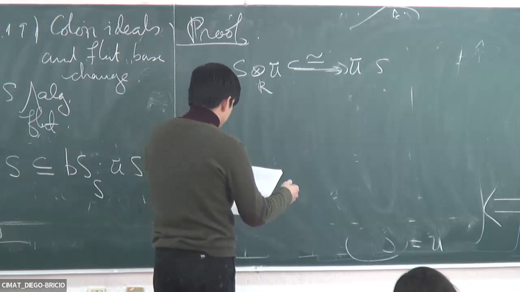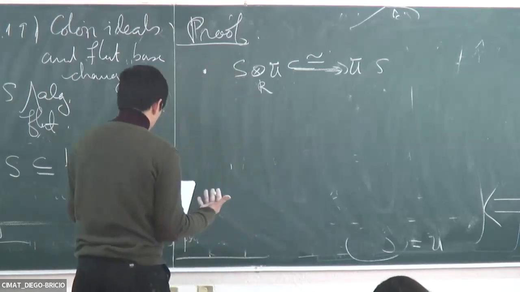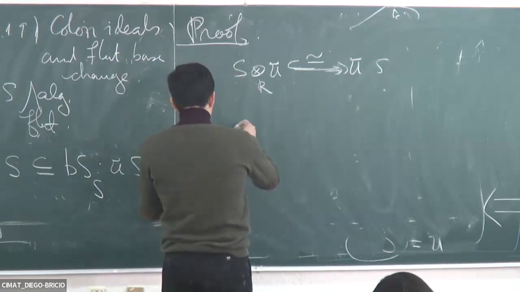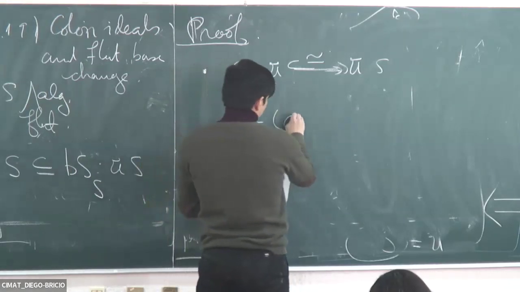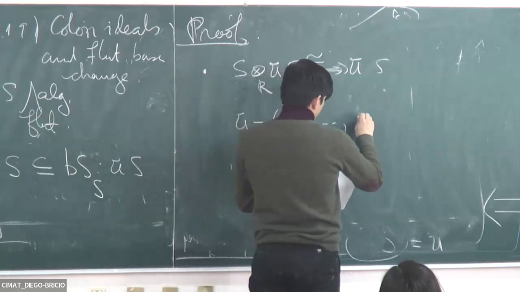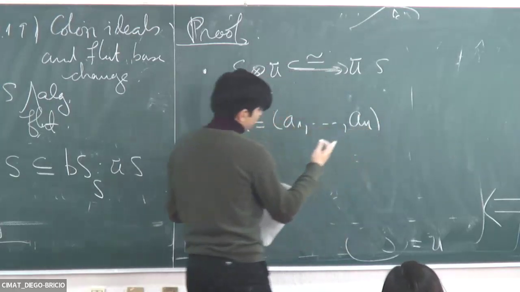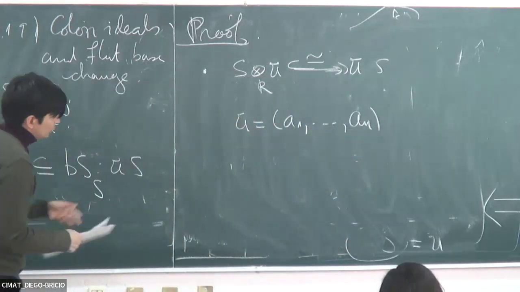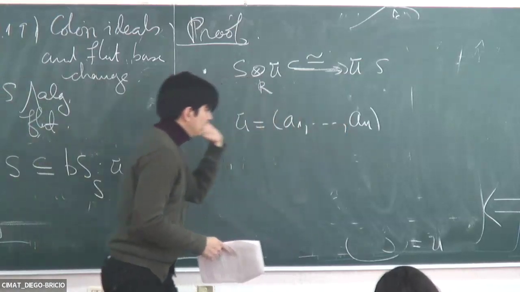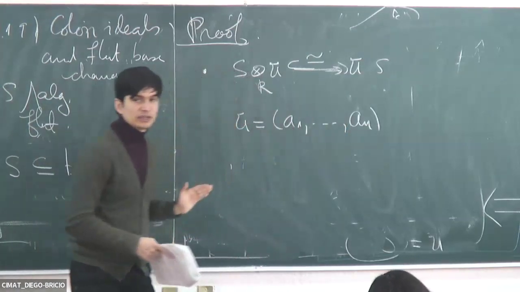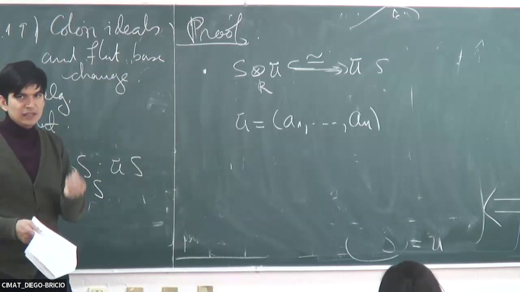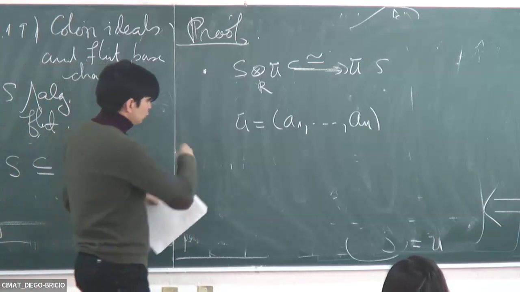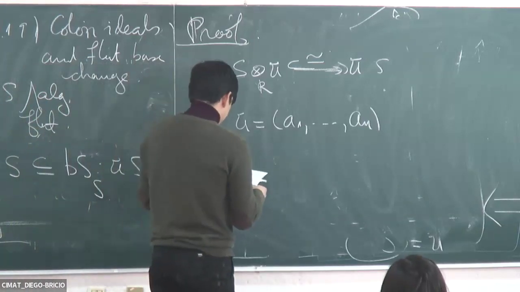So that's the first ingredient of the proof. And then you say, okay, how can I understand what colon ideals are? So you do the following. You say, okay, let me take A and let me write down generators. For this part of the proof is where you need, for example, Noetherianity. You have to pick a finite set of generators for A. Actually, if you want, you don't need to assume that R is Noetherian. All you need to assume is that A is finitely generated. So you write down generators, and